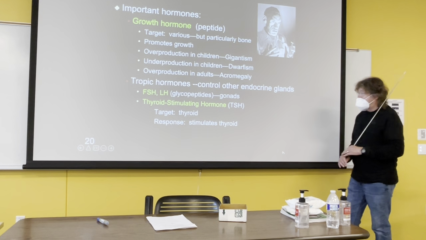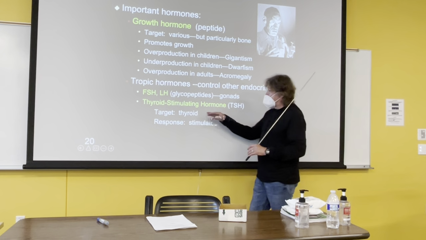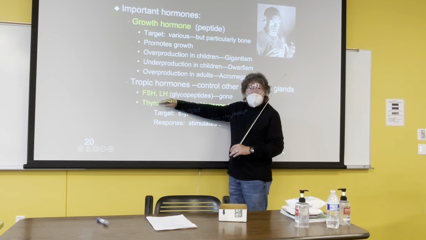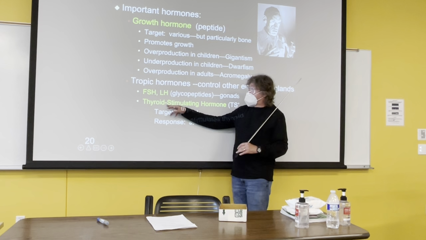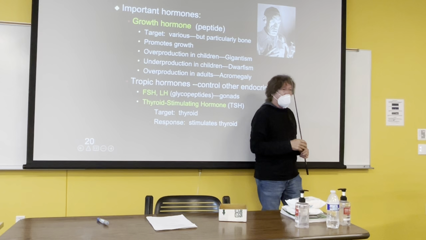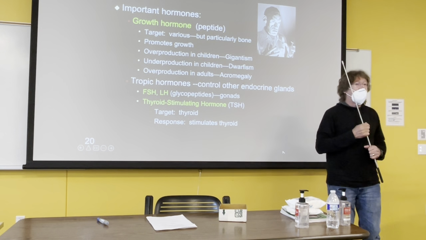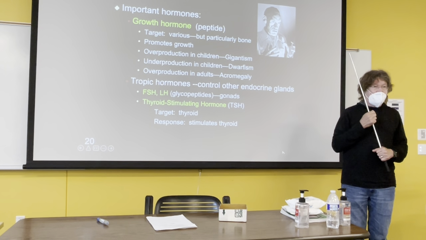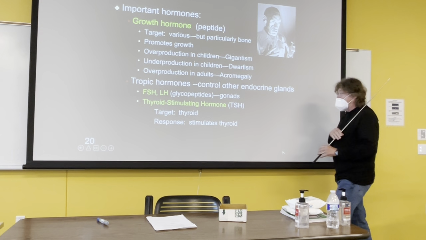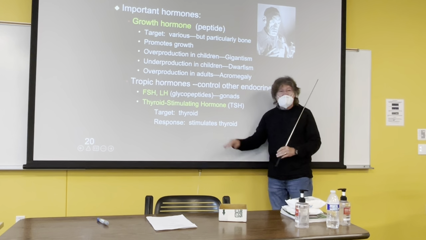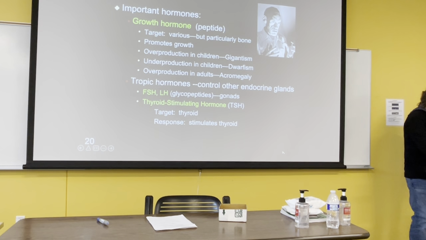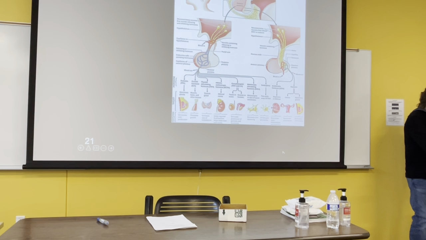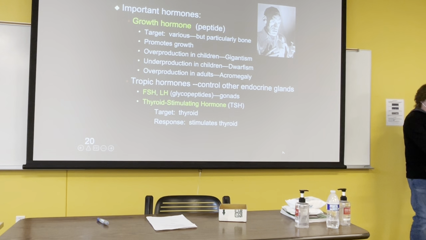Thyroid stimulating hormone, TSH. Why are these tropic hormones? Because they are controlling the testes and ovaries' production of other hormones, okay? That's what makes them tropic. Thyroid stimulating hormone controls the release of the thyroid's hormones, and therefore it's a tropic hormone. So tropic here is the thyroid, stimulates the thyroid to release its type of hormones, which we'll get to momentarily. Okay, make sure everyone has that before I move on.